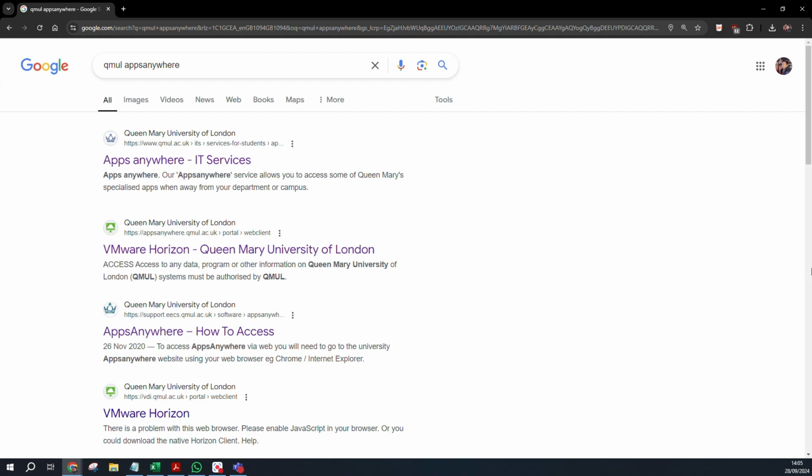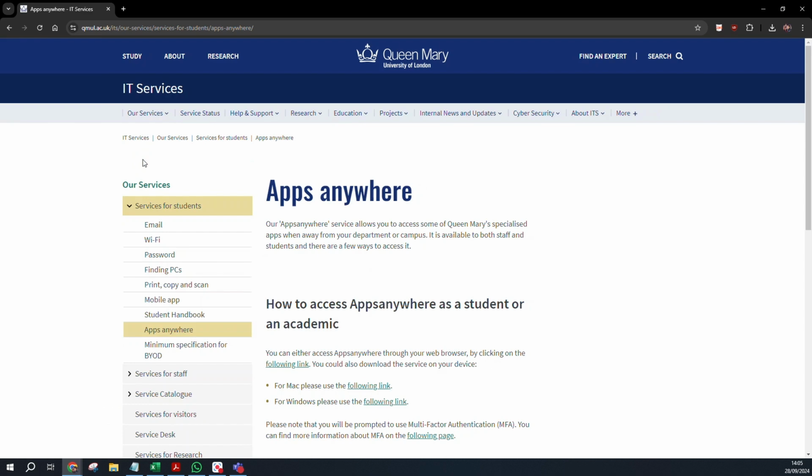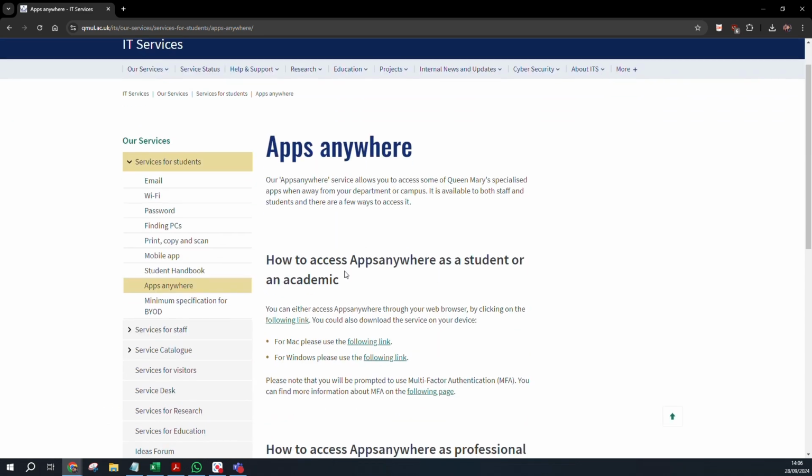And here you can see, on the very first option, you need to select AppsAnywhere IT services, and then just scroll down, and here you will see, for Mac, please use the following link, and for Windows, please use the following link. I just want to mention here that if you want to work from home on your personal computers like Windows PCs or Mac PCs, Apple products, then you have to use this, because this software is not available for free online. So you need to use Queen Mary's